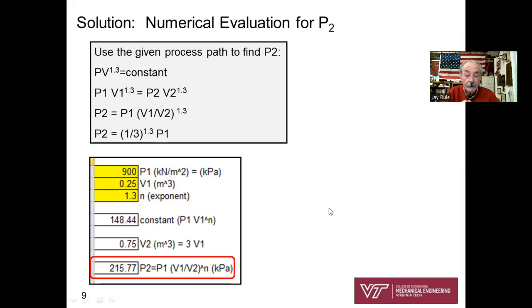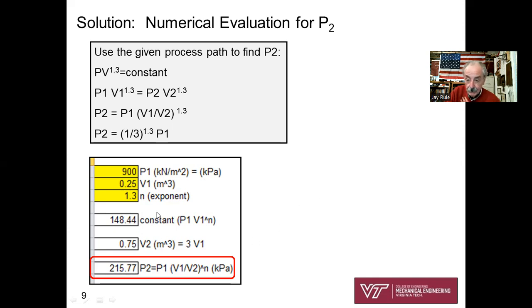Okay, let's do the numerics of this. Let's work on P2 first. What's the final pressure? Well, I'm going to use the process path and simply write down P1 V1 to the 1.3 equals P2 V2 to the 1.3 and solve for P2. So I've got one equation and one unknown. P2 is equal to P1 times the quantity V1 over V2 to the 1.3. V1 over V2 is 1/3 for this problem. So P2 is 1/3 to the 1.3 power times P1, or in other words,